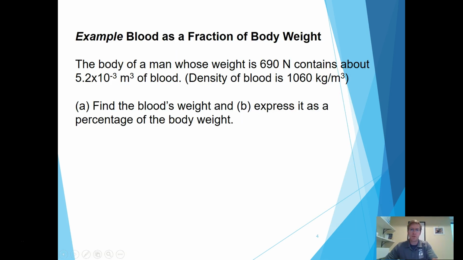So now I want to have us do a practice problem. Let's imagine that we have a man who has a total weight of about 690 newtons. Within this man's arteries and veins, he has blood that takes up a volume of about 5.2 times 10 to the negative third cubic meters. Based on that information alone and the density of blood given, I want you to tell me what is the total weight of blood in this man's body